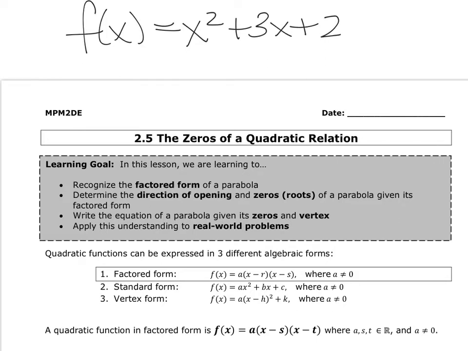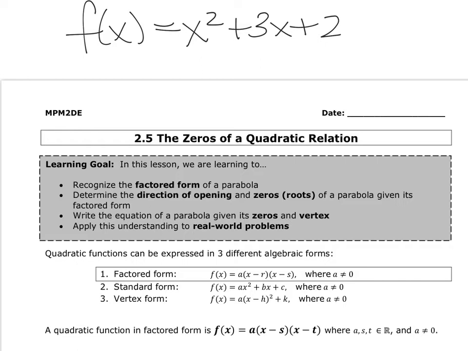If we take a look at these over here, we know that there are 3 forms of a parabola. So far we've only dealt with standard form. So now what we're going to be looking at is factored form. So if we have something in standard form, and my question to you is, can you find the zeros or can you find the vertex? The first thing we need to be able to do is factor it, because